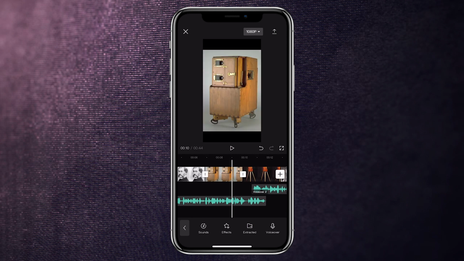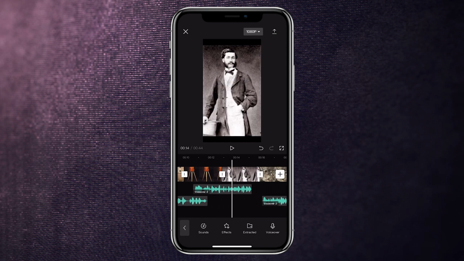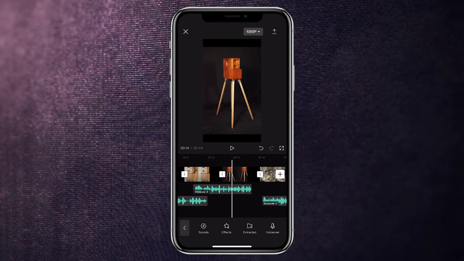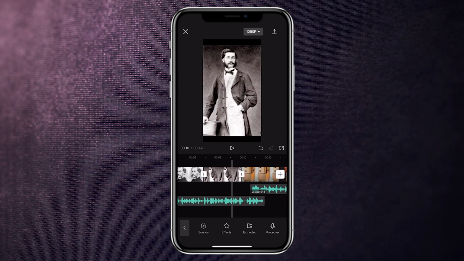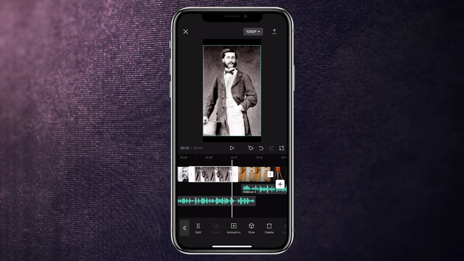All right, since we're still talking about Louis Le Prince, let's continue to show him. We have another photo right here of him. So we're going to click, hold, and drag to the third clip and let go. And now we want this to extend out to about this spot right here. So let's just trim outwards to about there. Perfect. And then we can go ahead and click on his clip